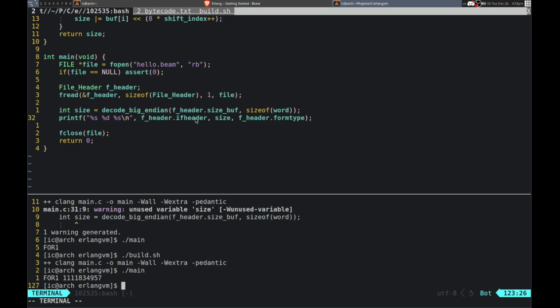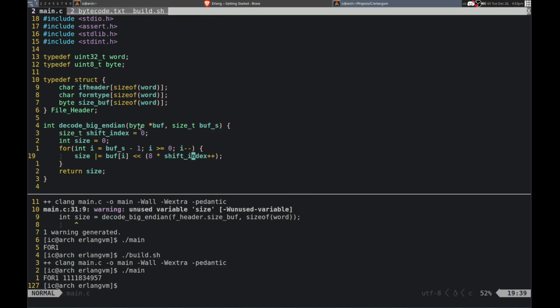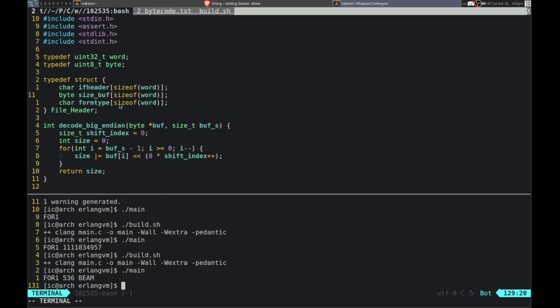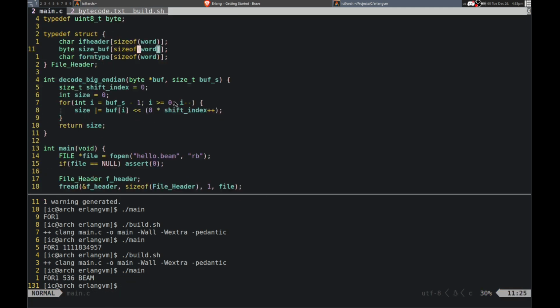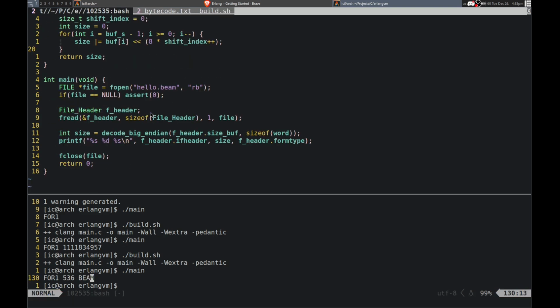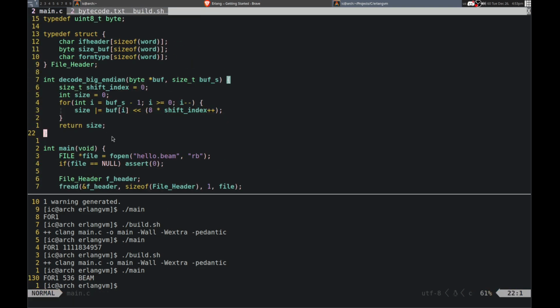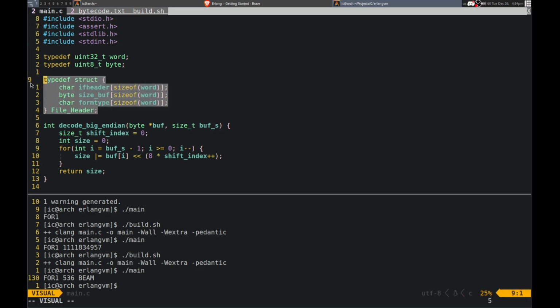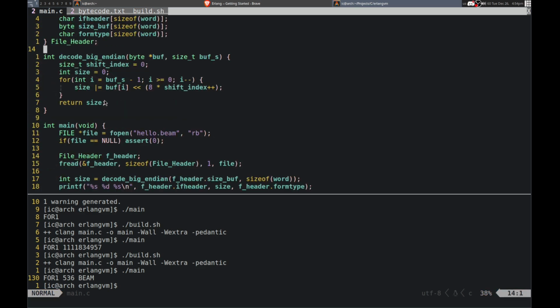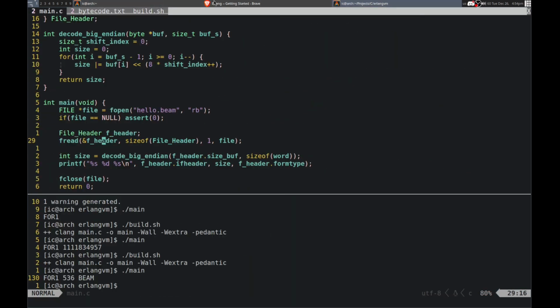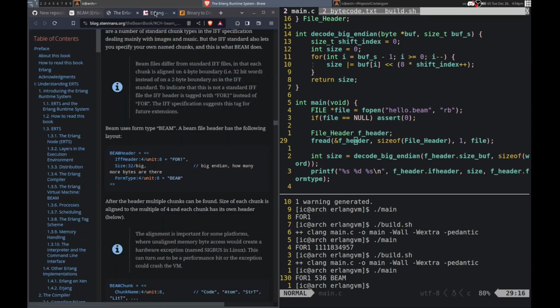Oh yeah, so I had some issues. Why is it? Oh, I know what the issue is. I put it in the wrong order. Yeah, the order is very important here. Okay, there we go. Now it is actually correct. So we have this, and we'll be able to actually use this once I'm trying to encode, or compile to the thing, because we can use the header as a template essentially. So that's pretty cool.